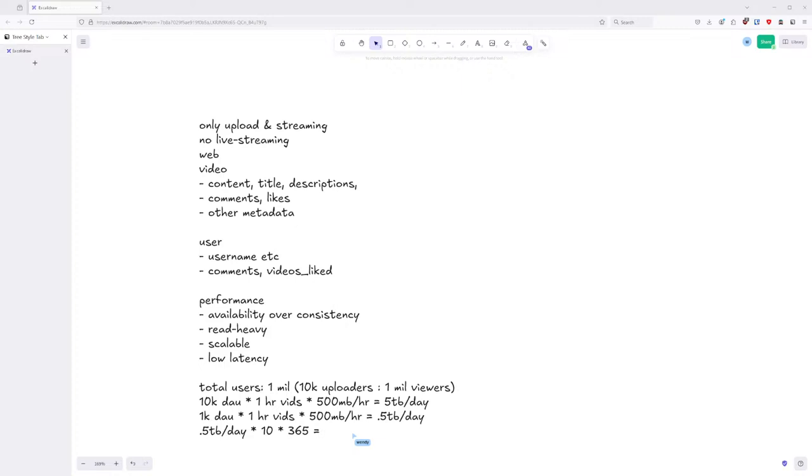It's about 2 petabytes. I forgot the full... petabytes, yeah. About 2 petabytes total for 10 years.